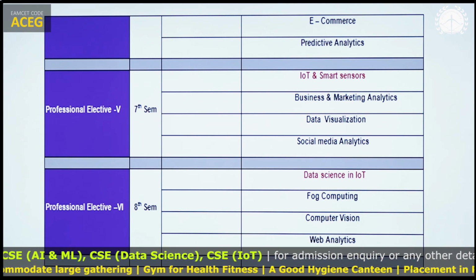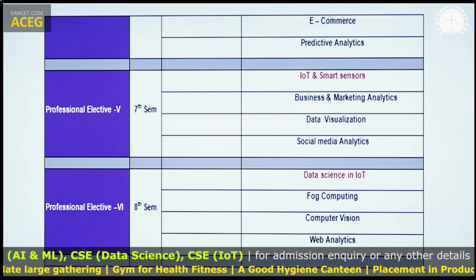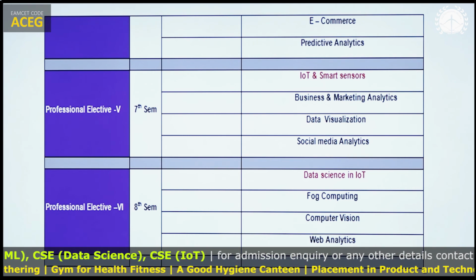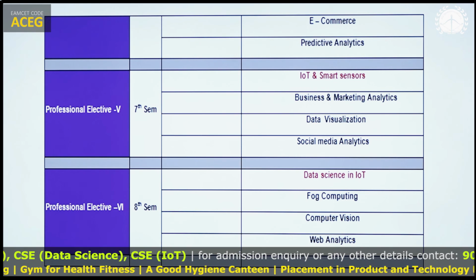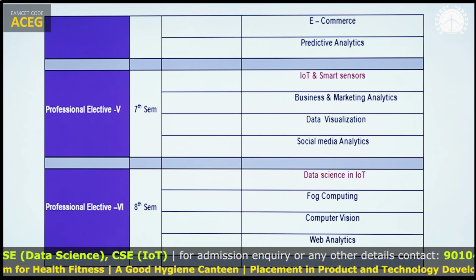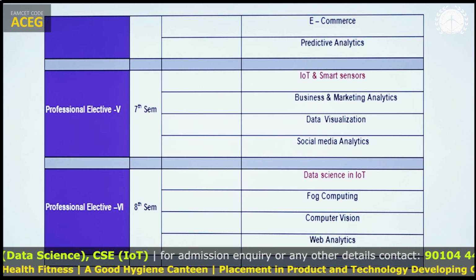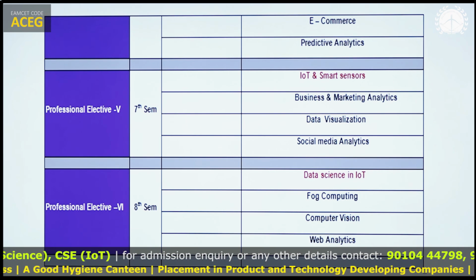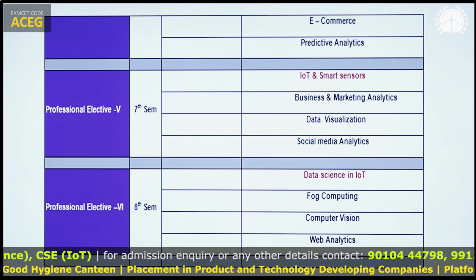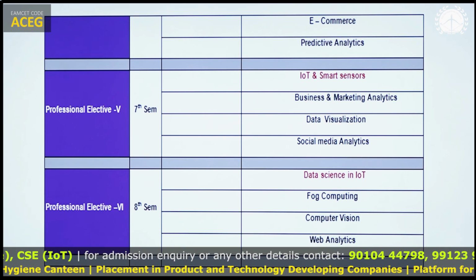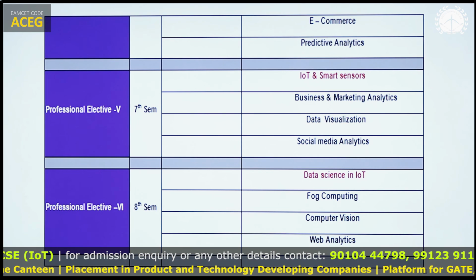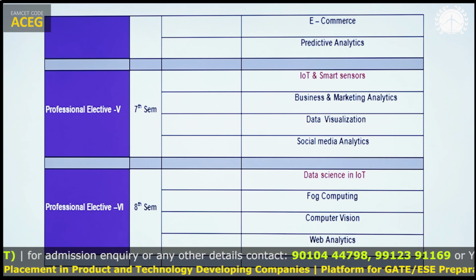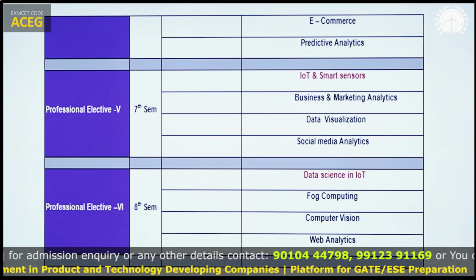So compared to the CSE students here, IoT students have a lot more opportunities. Why? IoT students are needed in all sectors: the automation sector, industry sector, health sector, software development sector, everywhere. So a lot of chances are there for IoT students here, and the basic salary itself is 6 lakhs per annum to 10 lakhs package per annum.